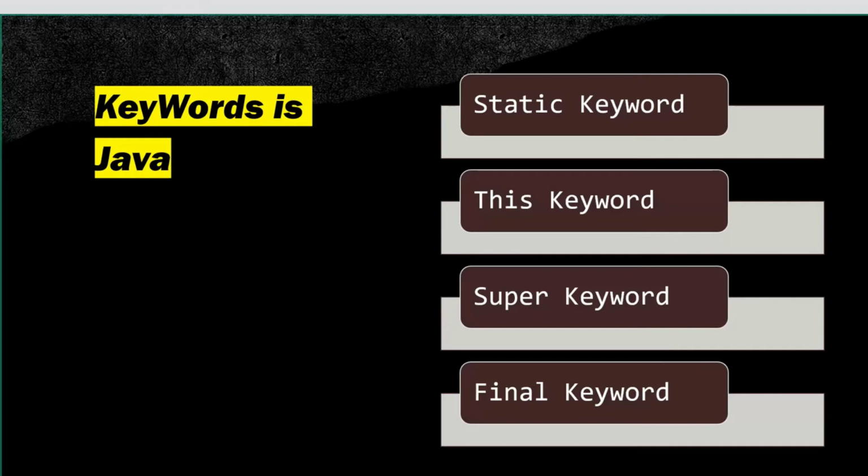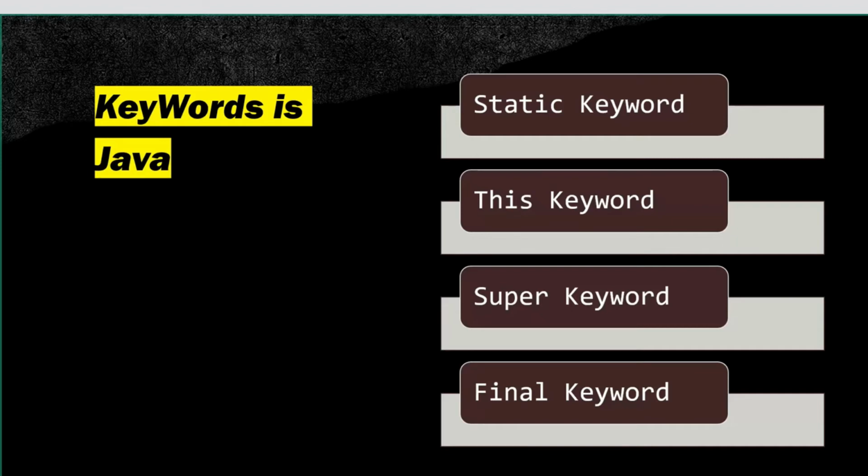When you say super, it again specifies a property of the super class. If you want to access the super class objects, or you can say members, if you want to use the super class variable, super class constructor, or super class method, at that time you can use super. Again, we'll do these things in a practical manner. Once that is done, we'll move ahead with the final keyword.